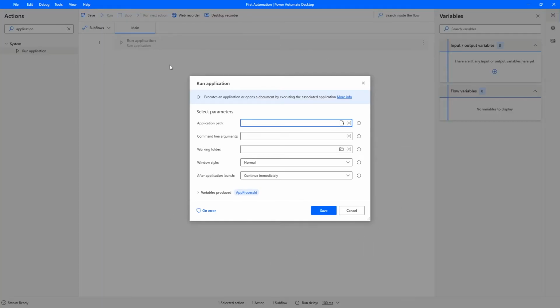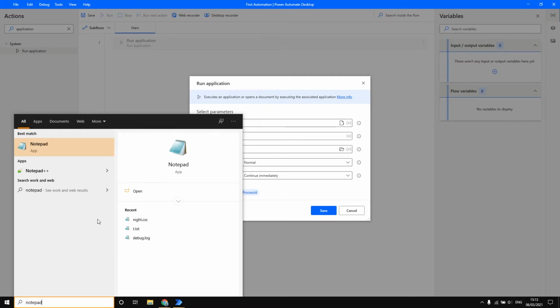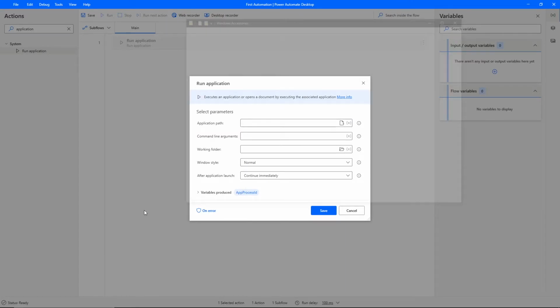This window will appear, and we need to at least define the property application path. Here we indicate what application we want the automation to open. To get the path of the notepad, let's go to the Windows Explorer, type notepad, click here and click on open file location.